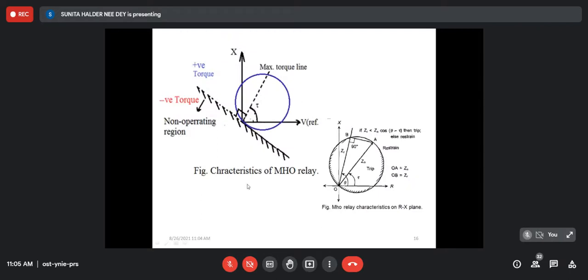So actually, what is the characteristics? It is in the first quadrant. So only it will provide positive torque for which it will operate. Otherwise, for any other current or voltage, it will not operate. For the third quadrant, it will not operate. So the characteristic is Z equal to Zn cos theta minus tau. That means this angle is 90 degree and then this angle is theta minus tau. Then Zr is Zn cos theta minus tau at every point. So this may be Zn also in this way. From there you calculate mathematically how it may represent the mho, the admittance.